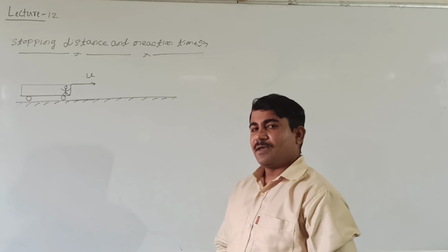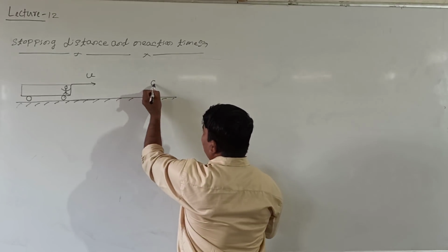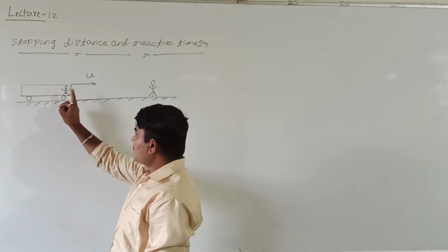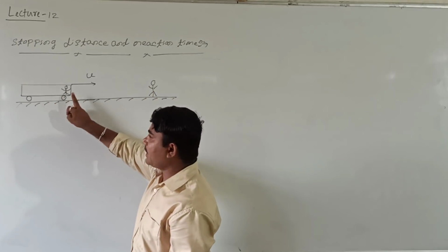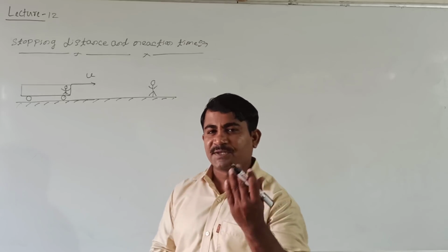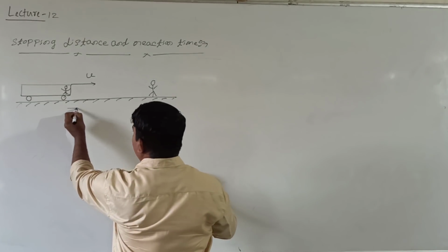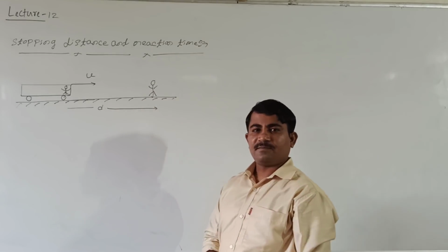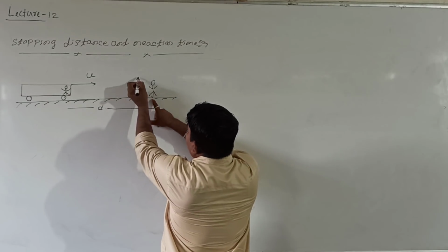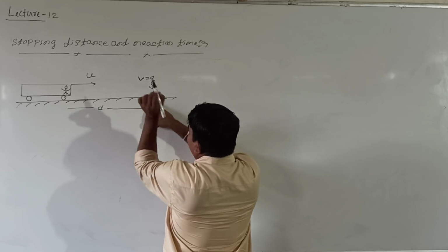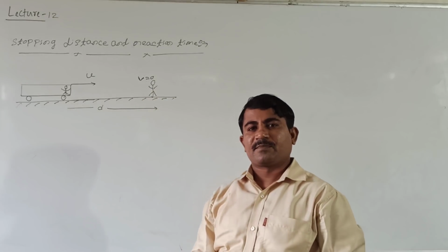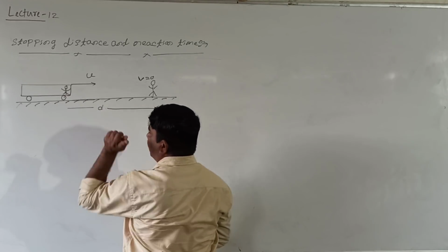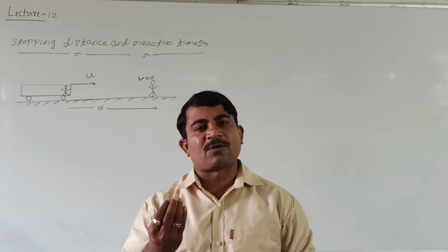Right or wrong? If suddenly on the road any person appears, then what can a driver do? The driver just observes the person and puts the brake on the vehicle. Then after some distance, the vehicle may stop here. I mean, exactly at this point the final velocity of the vehicle is 0. Then what are you calling the distance traveled by the vehicle before coming to rest when the brake is applied? That distance we are calling stopping distance.